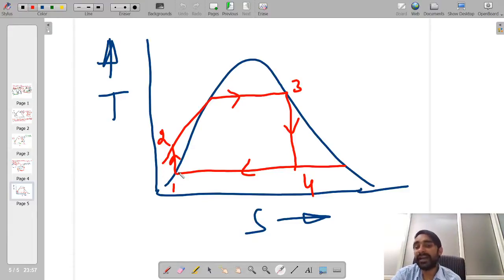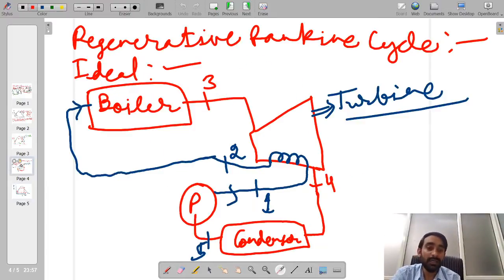Okay, so because of that, what will be happening particularly inside the turbine, say when the isentropic process was happening, during that isentropic process or the reversible adiabatic process, if we were getting point number 4, now what has happened, actually certain amount of heat has been taken by this stream which is passed through the casing of the turbine. So that's why within the turbine certain amount of energy has gone out of the working fluid.